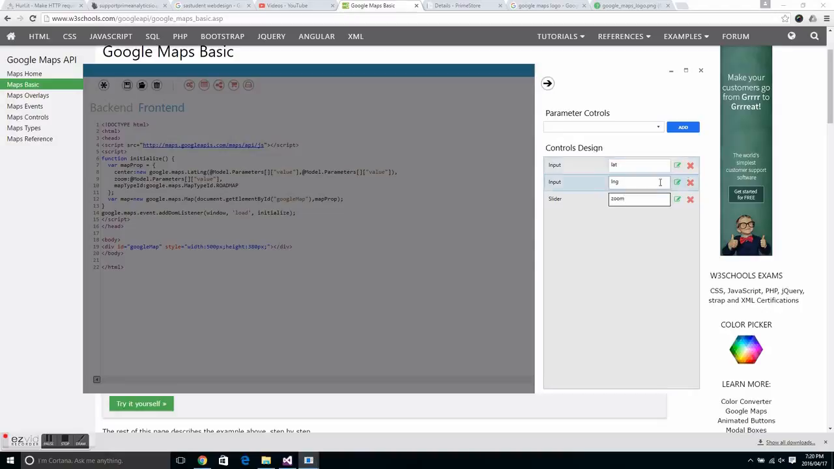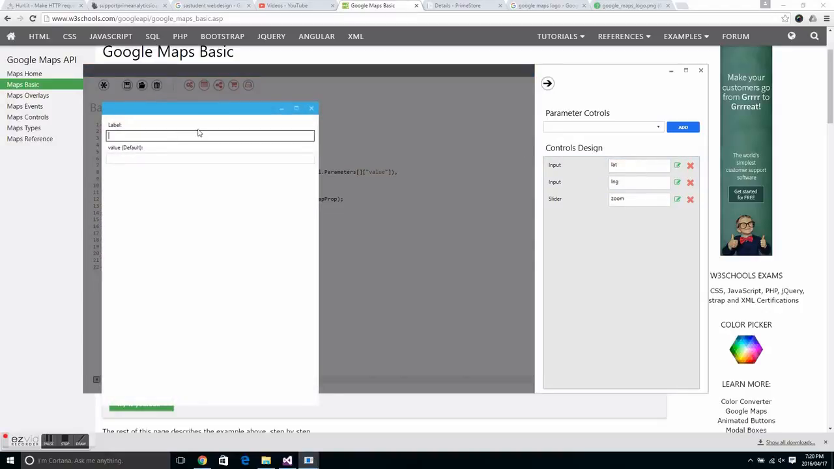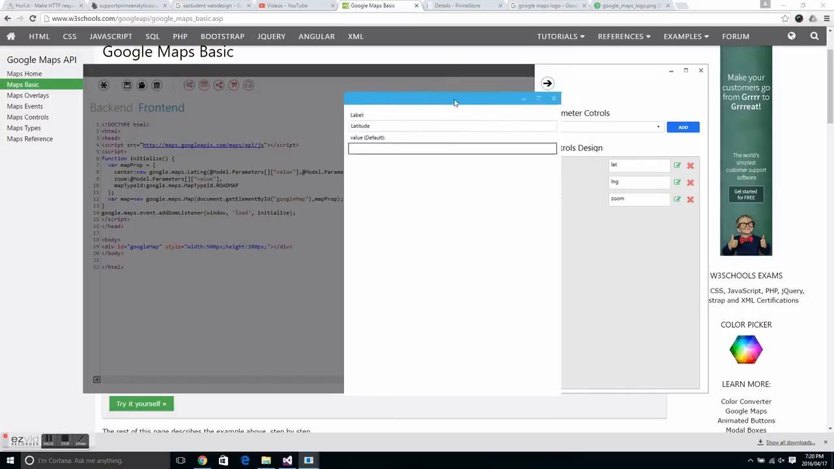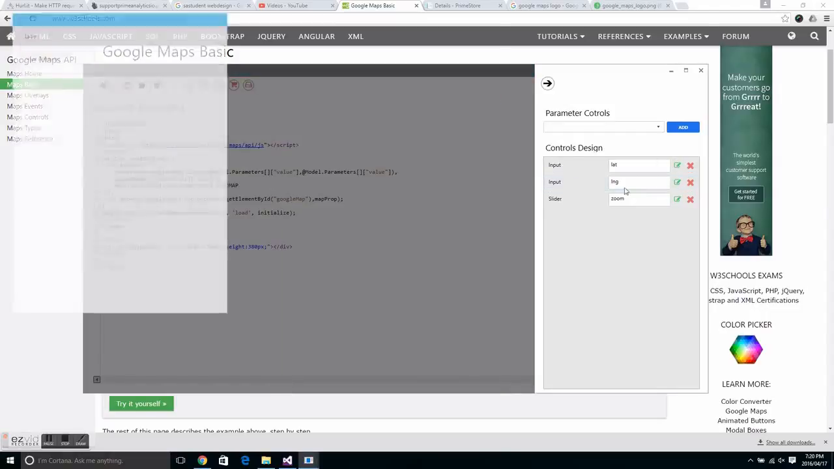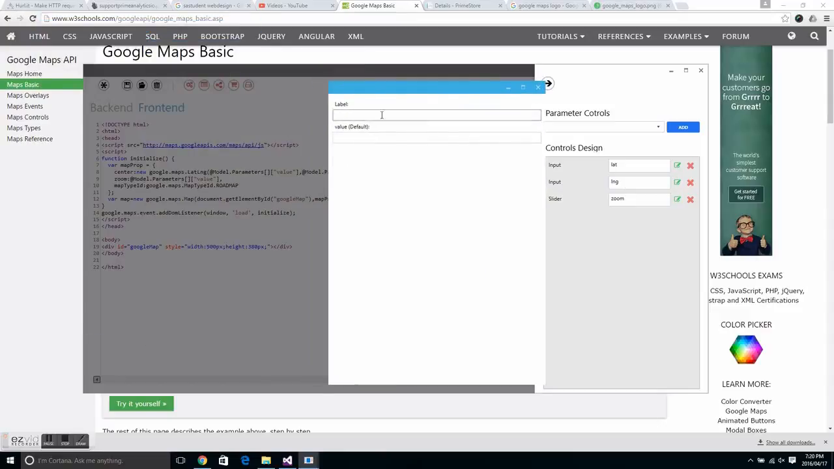Okay, then I'm just going to put a label, latitude, and the default value I'm just going to use the exact same. I don't know what it was, but let's just make it 10.00, and I have no idea where that will be. Longitude, and that will also be 10.00,